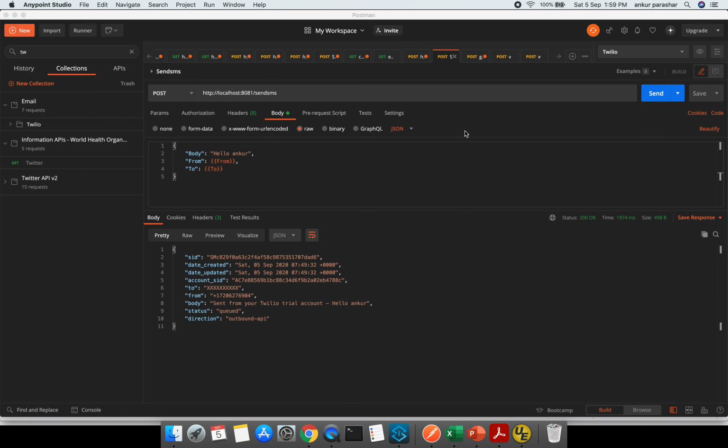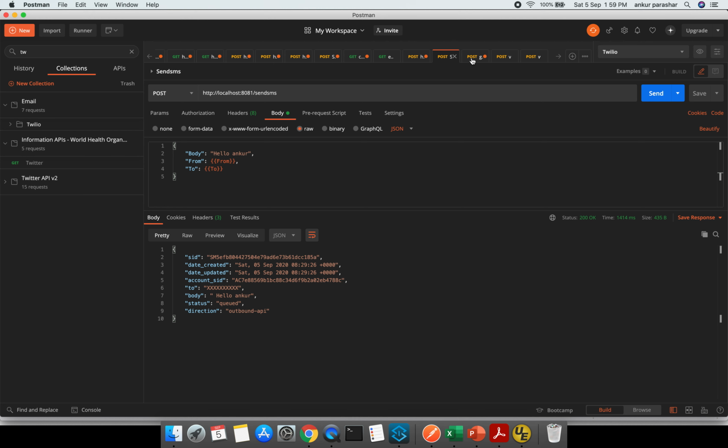Now I will go to Postman and I will send the SMS. So this is my body. This is the from and this is to. From and to values are being taken from the Twilio account and the setup which I have done already. And there is nothing else apart from that. So let me click on the send button. So here you can see hello Ankur is the body, status is queued, SID SM, and after that there is an alphanumeric value. So it seems it is a SMS based activity, and account ID is AC onwards, something like this, and to you can see it is being masked.